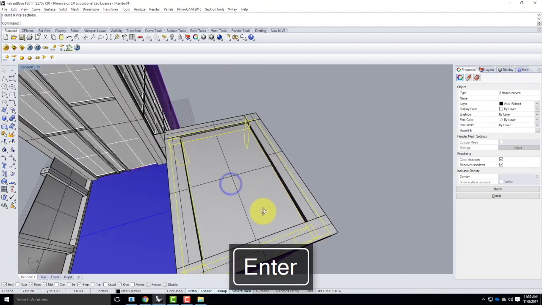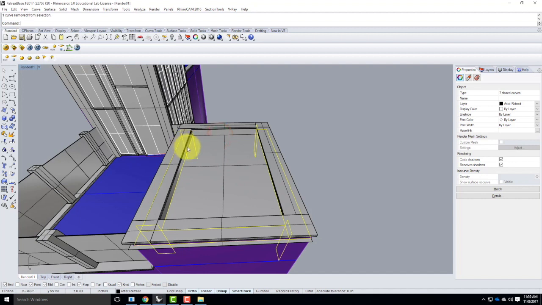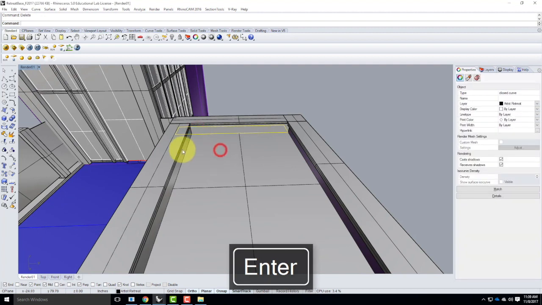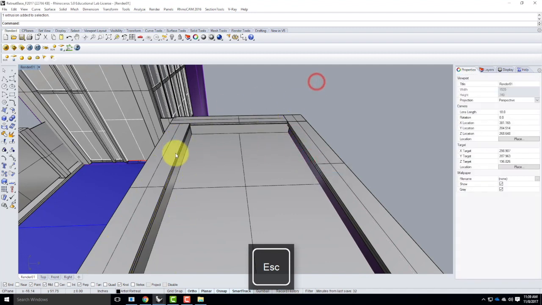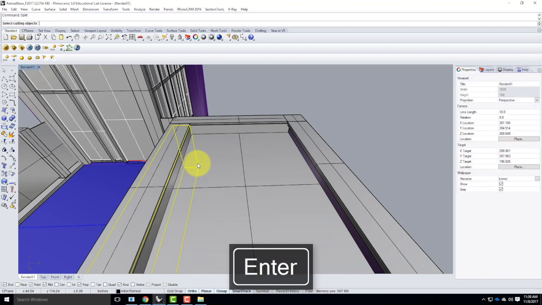Which is going to give me some lines, most of which I don't care about. I'm going to deselect the 4 that go right around the pool there, and then I'll get rid of those other pieces. Now I can take these lines, take this actually, and I'm going to split this shape with that object,